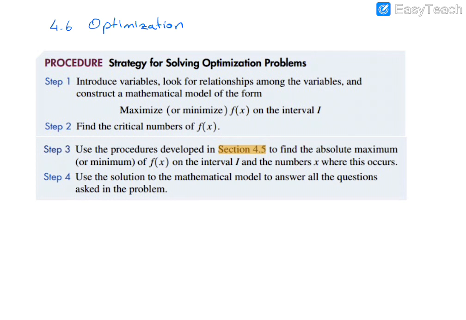As you work throughout this section, note that the statement of the problem does not usually include the function to be optimized. Often, it is your responsibility to find the function and then to find the relevant absolute extremum. So, the procedure you should follow when you see an optimization problem is the following.